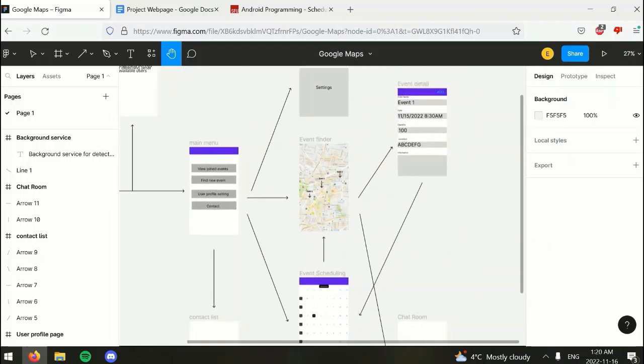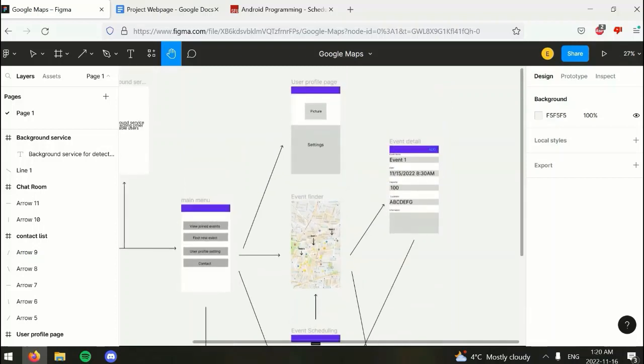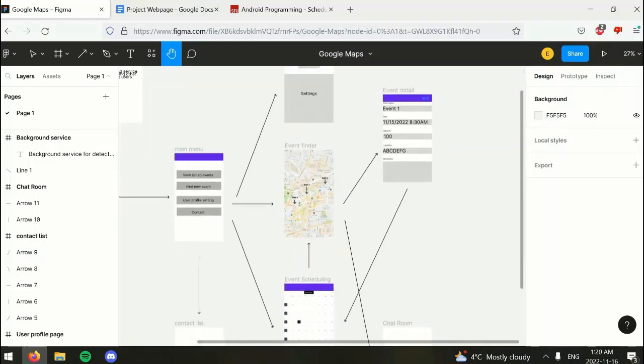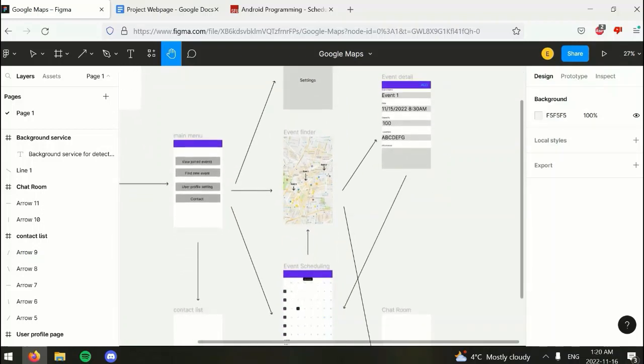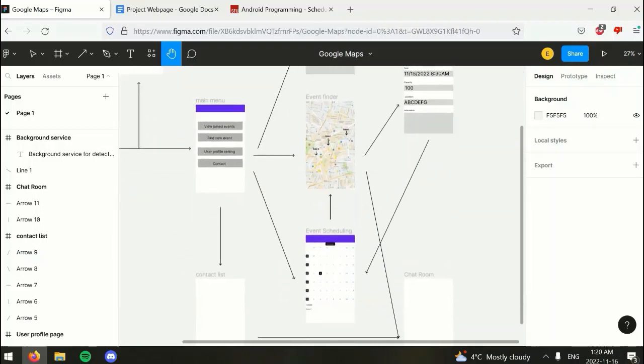After a user finds an event they are interested in, they'll be brought to the event details section, filling out all the necessary information, and then they will be brought to the event scheduling section to let them know that they have successfully registered for the event. And then after that, we will bring them back to the finder.